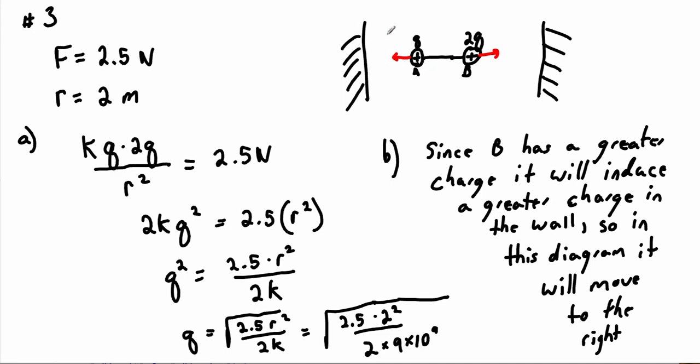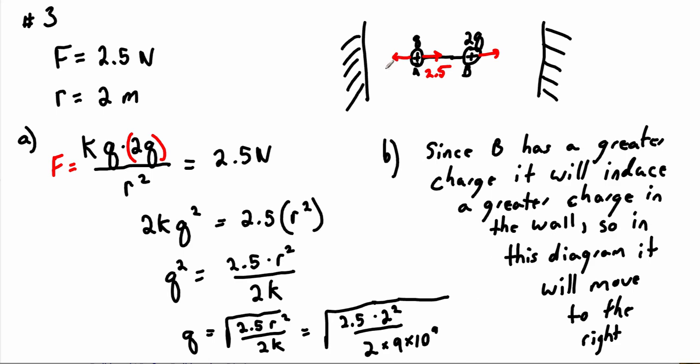In order to solve for my Q, I'm going to set up my Coulomb force: k times Q, and the second charge is 2Q, over my radius squared, and I'm going to set that equal to 2.5 newtons because I'm given that the force of tension is 2.5 newtons. So this tension is 2.5, and I'm going to set these equal to each other. This force has to equal this force